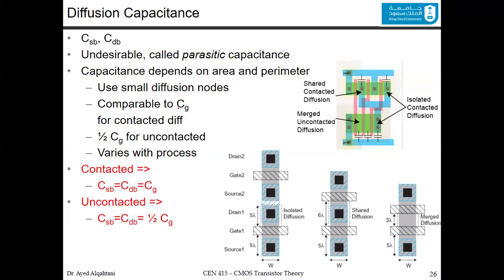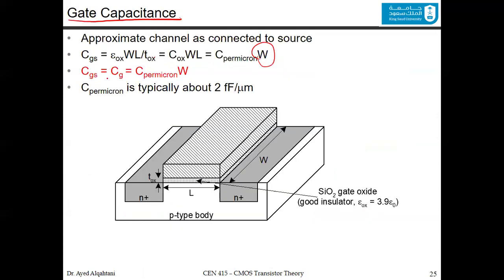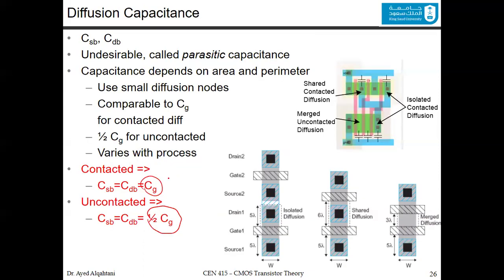And we would find that this capacitance, the diffusion capacitance, will be equal to the C gate or half the C gate. And the C gate, or the capacitance at the gate, we said that it's C per micron times the width. When is it going to be equal to C gate, and when is it going to be equal half the C gate? It's based on